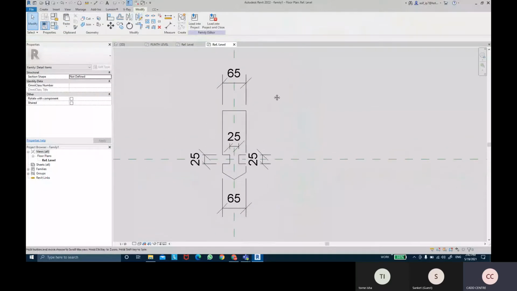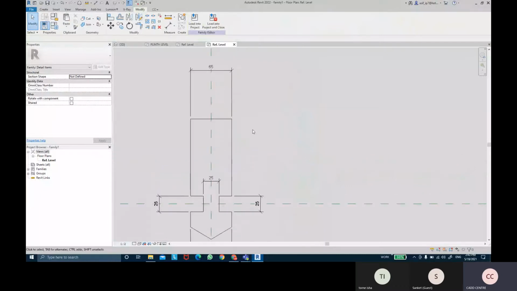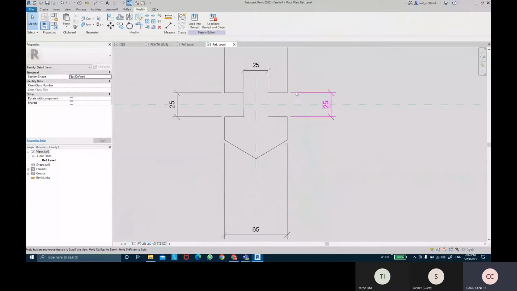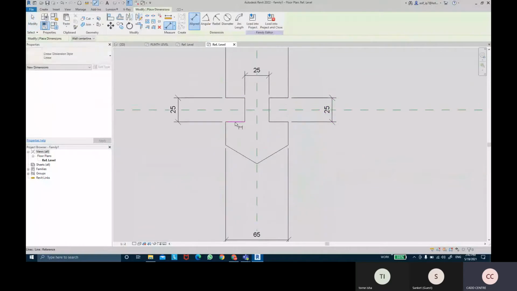It will also provide the dimensions as well. The only thing is that we might have to add a little bit more dimensions, like equal parameters at least. So we're going to give the equal parameter as well.